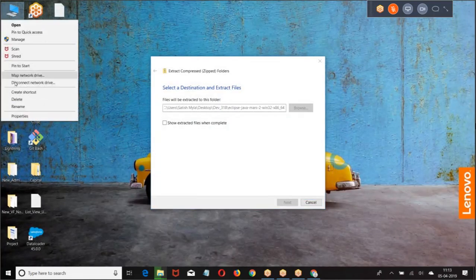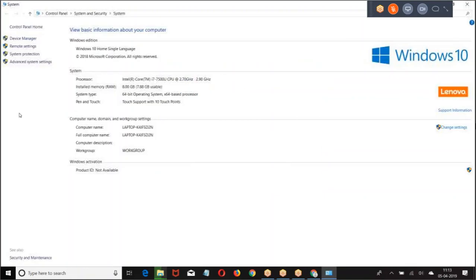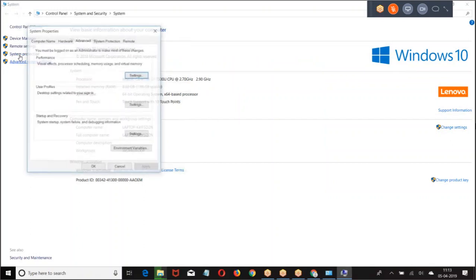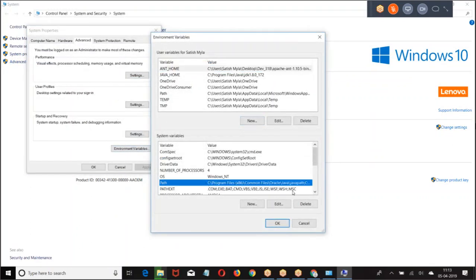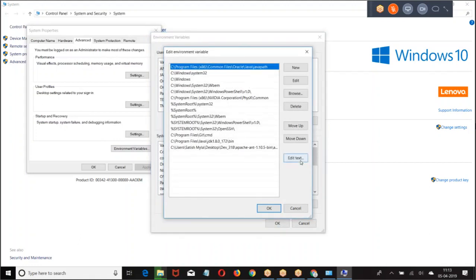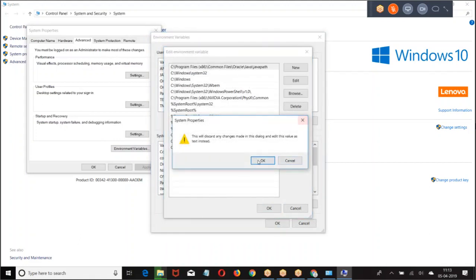Go back to my properties, advanced, environmental variables, path, edit text.